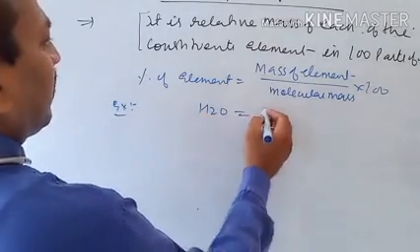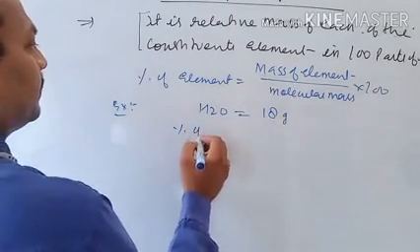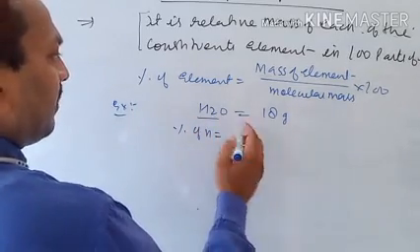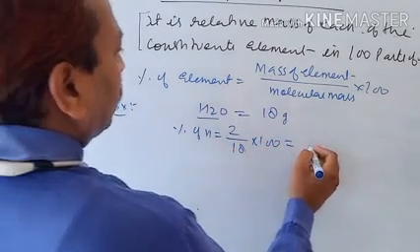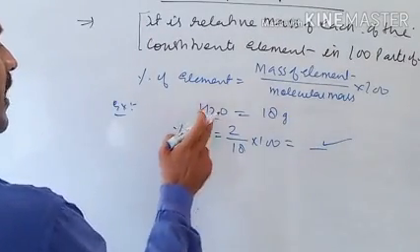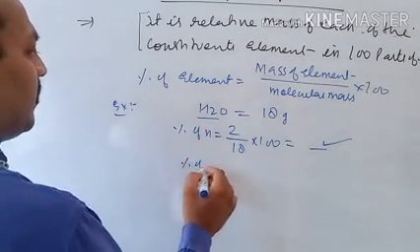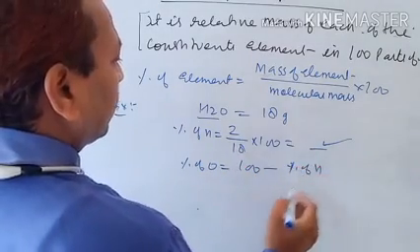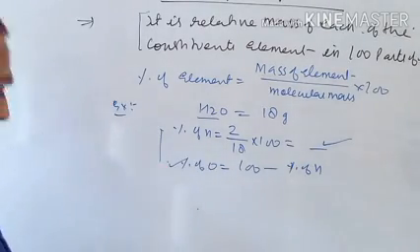Okay. So for example, I am taking here water. Water's molecular mass is 18 grams. Percentage of hydrogen: it contains 2, one rounded off, we are taking 1 gram, so 2 upon 18 into 100. So the percentage will come. Now this compound contains 2 elements, one is hydrogen, the other is oxygen. So percentage of oxygen is equal to 100 minus percentage of hydrogen. Okay, so we will calculate this. So this is a technique.